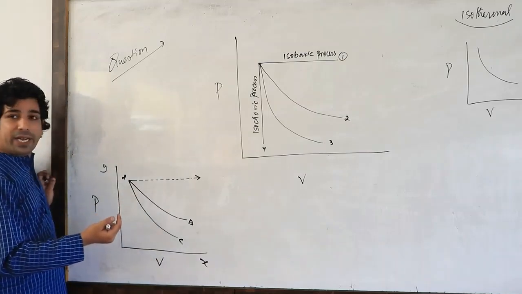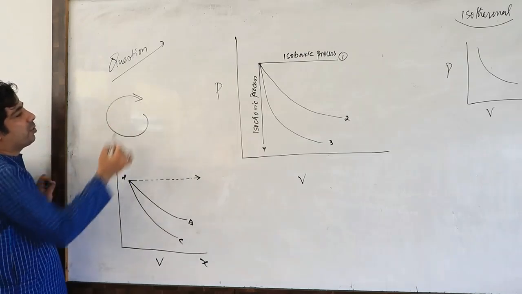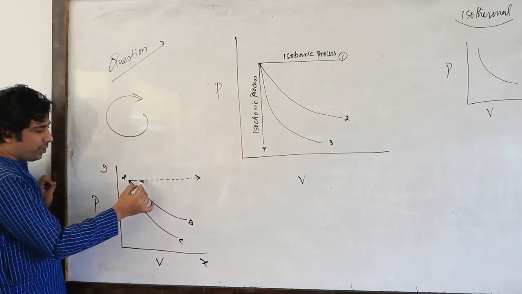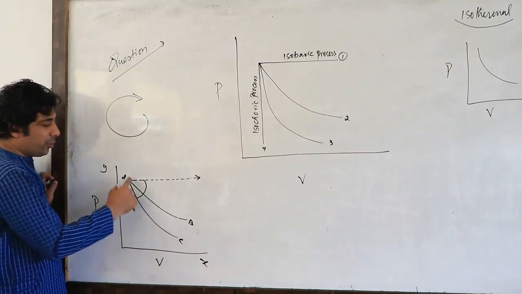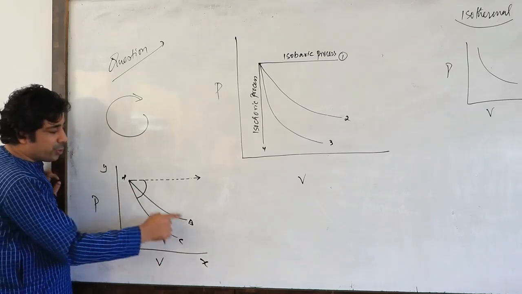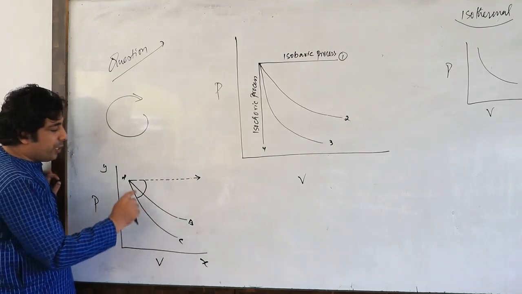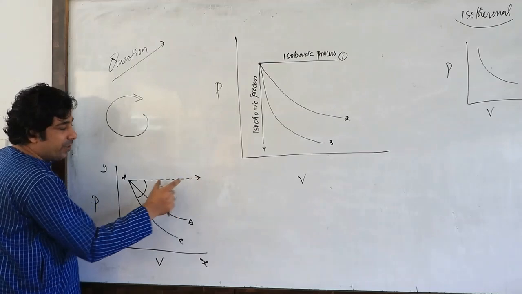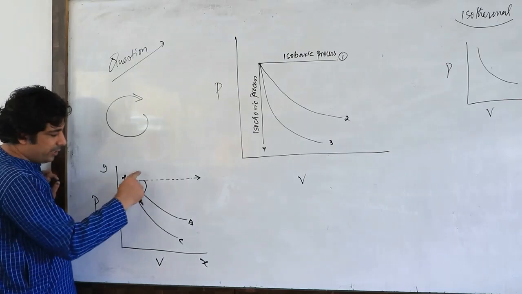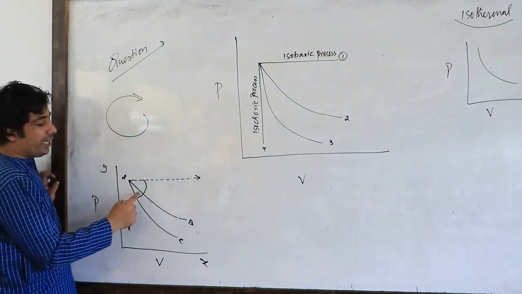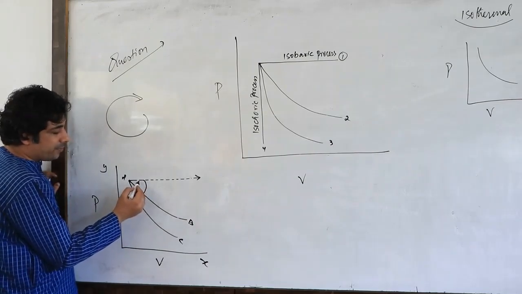So I have drawn one line which is parallel to the x-axis. Then I will try to find out the angle in the clockwise direction. Everybody knows this is the clockwise direction. First of all, you take two curves, and you have to find out which one is isothermal and which one is adiabatic. So you are drawing a line parallel to the x-axis, then moving in a clockwise direction to find out the angle. Let us suppose the angle here is theta for the first one.